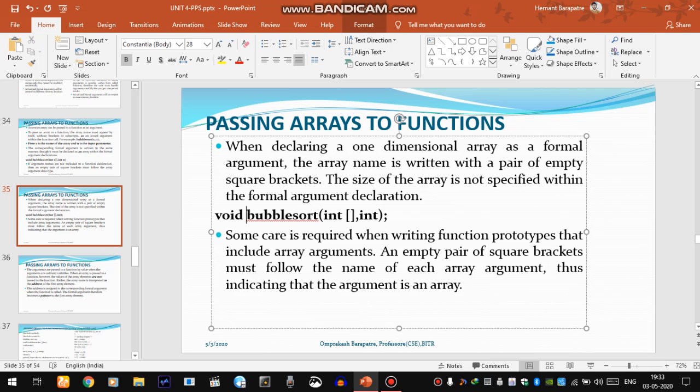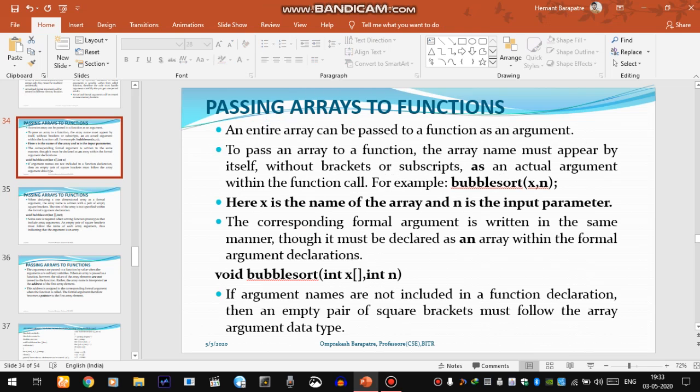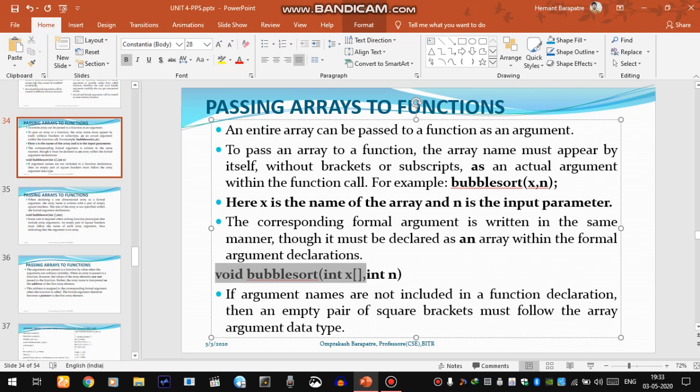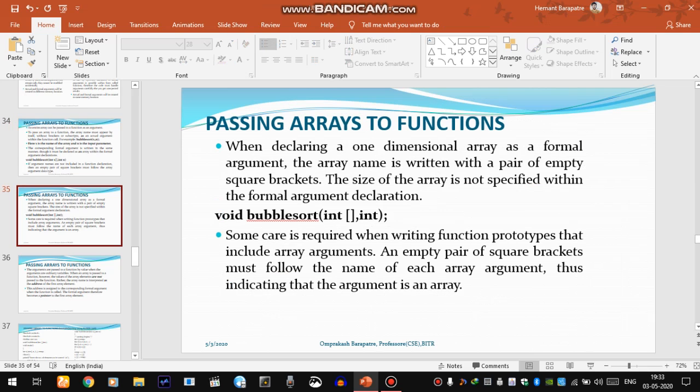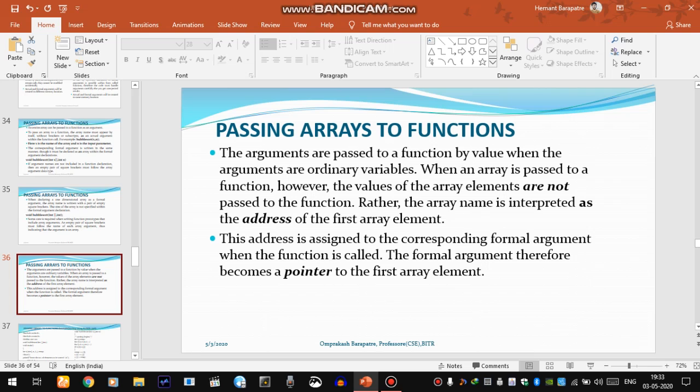When we are passing the array, we will use this function declaration, this function definition, and this function call. So what is the meaning of this kind of passing? We have to note that the arguments are passed to a function by value.